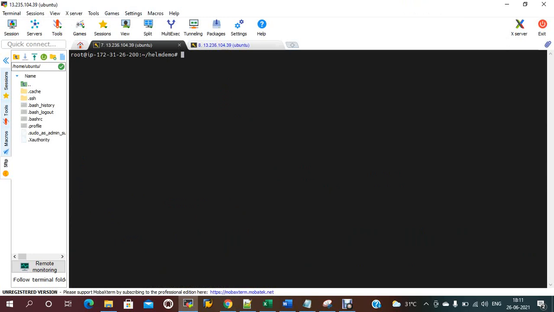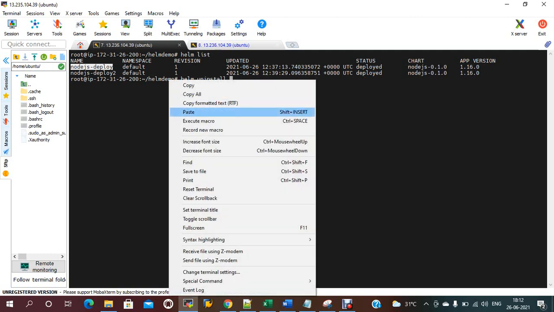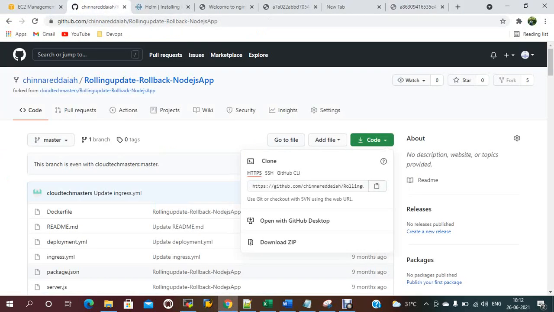Now if you want to remove the older release version, the older one is this one. Whenever you delete it, all the related Kubernetes files, the deployment, services, should be deleted automatically. Okay, helm uninstall and the deployment chart name. Now it should be deleted automatically from here also.